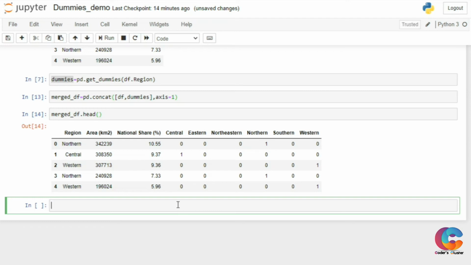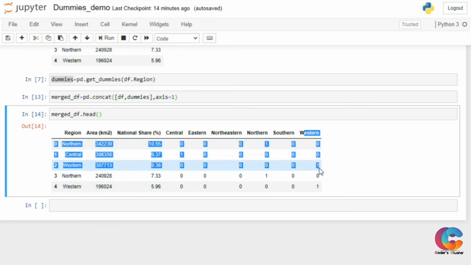When you use machine learning algorithms on a multi-collinear data frame, it will end up in wrong calculations and a lesser score for our model, and sometimes our total model will become wrong. So we need to take care of the dummy variable trap. For that there is a technique: whenever you create dummy variables, you need to omit one column of those dummy variables. We have created six dummy variables from this region column, so I'm going to drop any one of the columns.